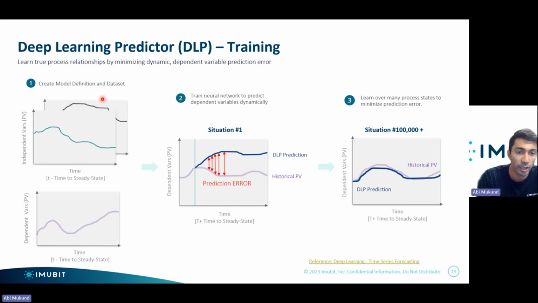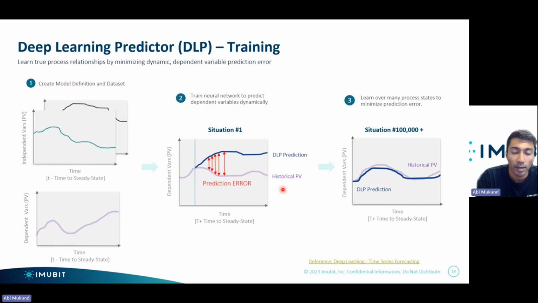So in a single situation, we give the neural network all the independent variable information it needs, which you can see here, just a single window of how the independent variables move dynamically in this period of time. We also give it a window of how the dependent variables move in that same window of time. And then we basically say, okay, neural network, we've given you everything you need to go ahead and make a dynamic prediction of the dependent variables, which is represented by this blue line right here,